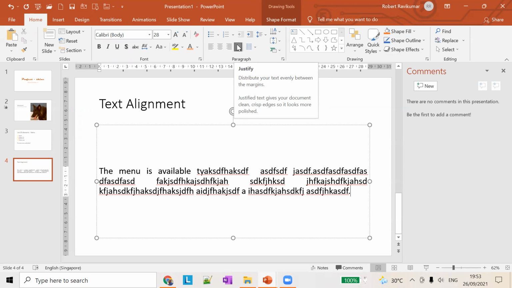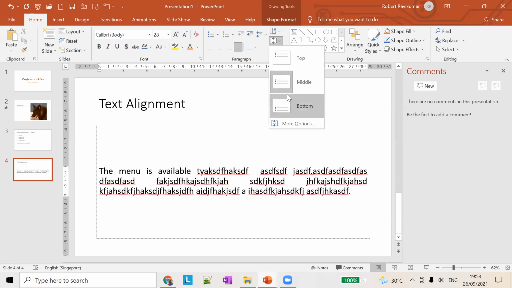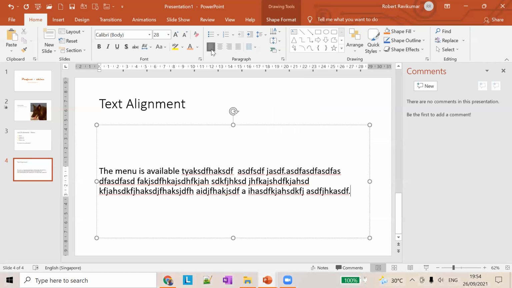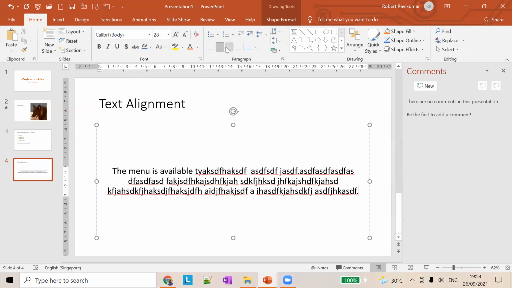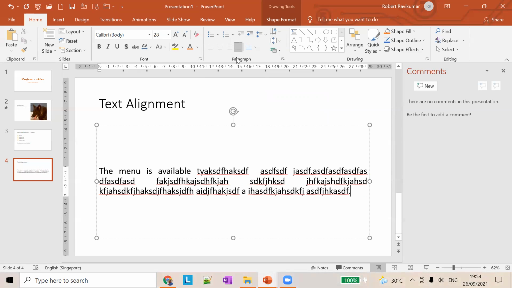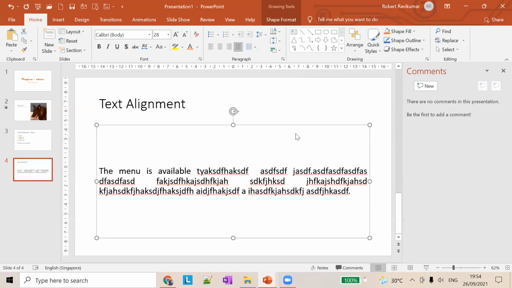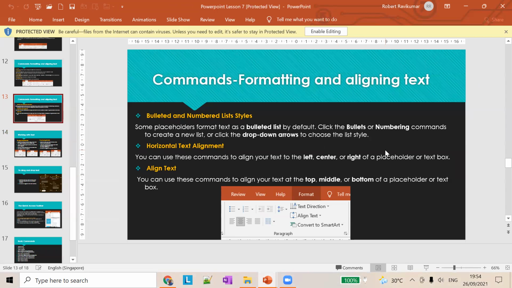For vertical alignment, we have three options: top, bottom, and middle. And for the horizontal alignment, we have left, center, right, and justify. So this is the difference between the horizontal alignment and the vertical alignment. That's it about alignments in this section.